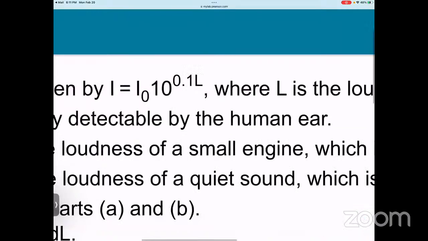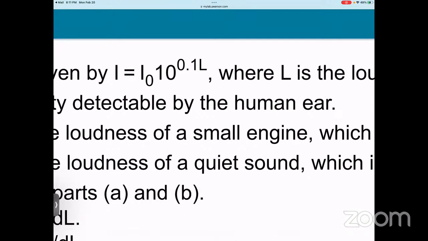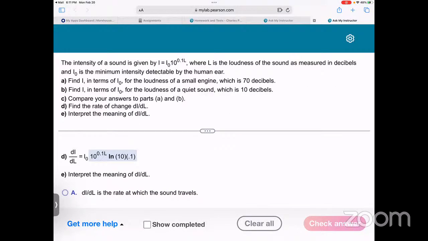So that's the derivative of an exponential. The derivative of an exponential is itself times the derivative of the power times the natural log of the base. And that's essentially what we did. You see itself times the derivative of the power, which is going to be 0.1, times the natural log of the base. Okay. And then for part E, it says interpret the meaning of the rate of change of I